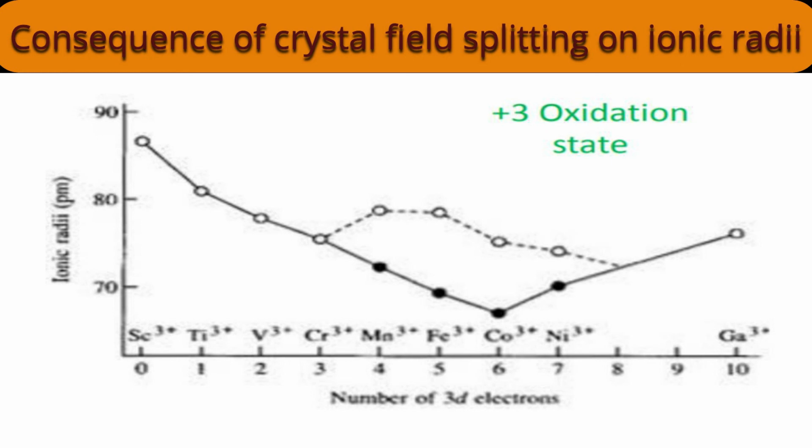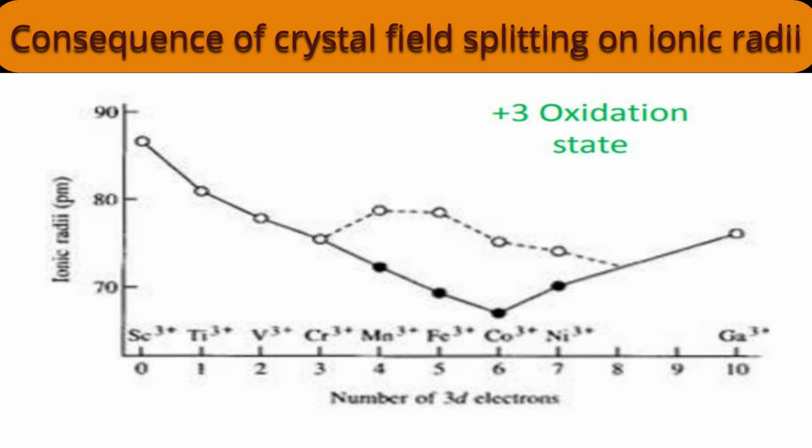Therefore, one more point extra is considered. After zinc, that's gallium, atomic number 31. It has D10 electronic configuration. As calcium plus 2 we consider for D0 electronic configuration, now here for D10 electronic configuration, I am considering gallium plus 3. Its size is going to increase because entry of electron is there in the Eg orbital. Ions should exist. Therefore, the existing ions and their variation is very clear cut, properly explained by the splitting concept and distribution of electrons. Crystal field theory is wise enough to explain these properties.